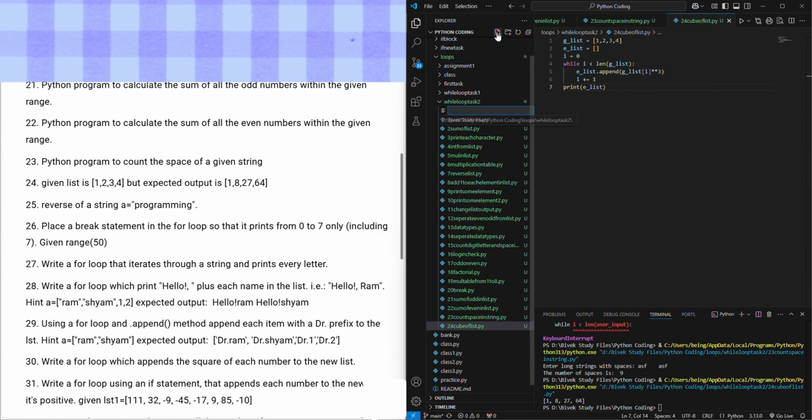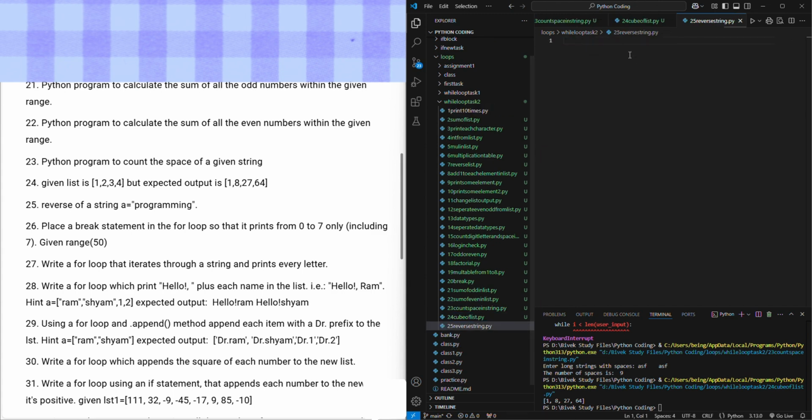Now let's solve another one. 25, reverse a string. So let's reverse a string. Let's say a is programming. How to reverse it? We know how to take out each